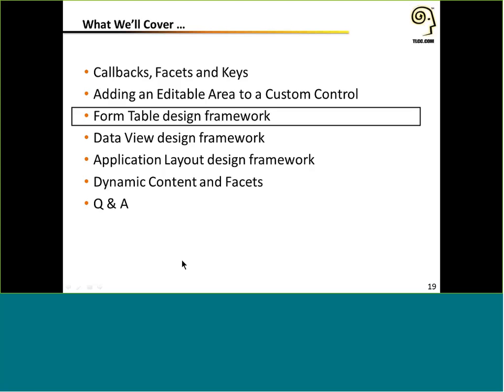Okay, so moving from there, we're going to take a look at the form table design framework, which is a set of controls that Paul was already alluding to that's available, again, with Notes 9 or with the Upgrade Pack 1 to 8.5.3 or in the extension library. And essentially, these controls are there to help you build nice-looking forms very easily